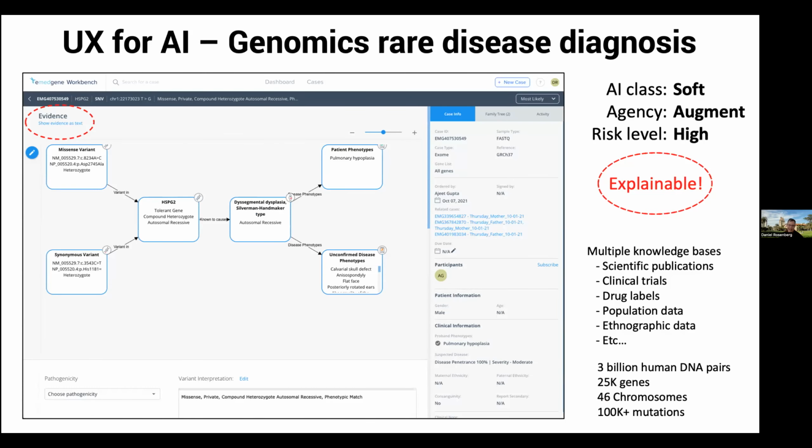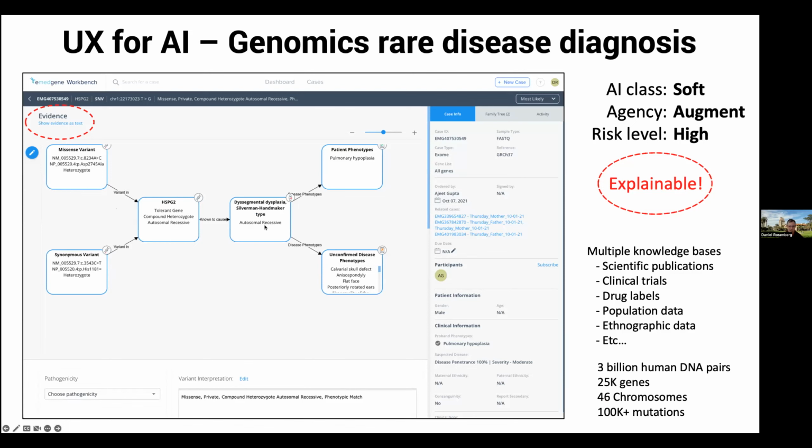So how does the system come to its conclusions? Well, it's a lot of very impressive software engineering and AI. But what I do want to point out is, if you ask to see the evidence for any one recommendation, you will see the graphs that take you through the types of variants for this gene.